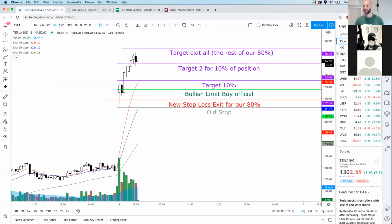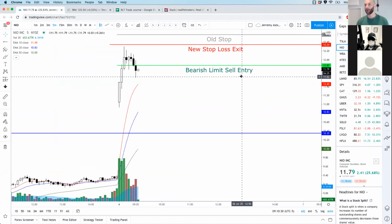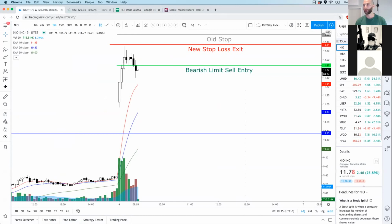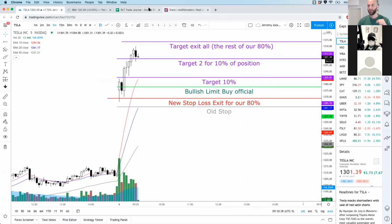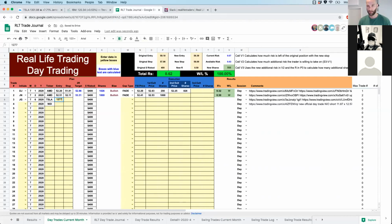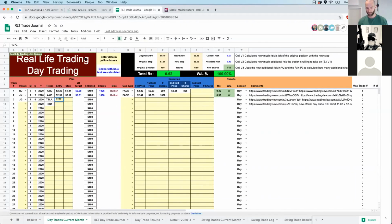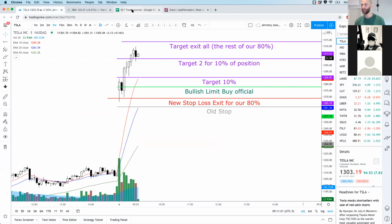All right, folks. So now here's where I'll be calculating all of our positions. What I'm going to do is come over here to our worksheet and fill in the actual numbers of the trade that we took. So this is the monotonous part. This is the part that very, very few people actually want to do. 1262.05, perfect gap and go. 1277.79, first price exit. Nice and clean at